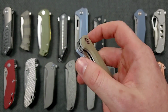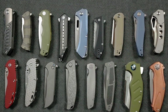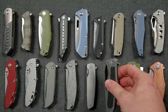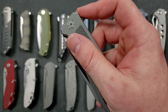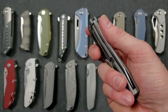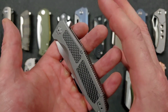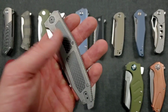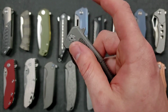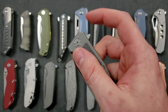There's generally two clicks. And it's the sound and the force that you're creating, I think, that draws me into them so much. Now, if the flipper tab is exactly right, or at least exactly right for your finger, right? Every knife is, there's no such thing as a perfectly shaped flipper knife, because it depends on, number one, what you consider light, medium, or strong detent is going to be different for every single person. How your hands and your index finger lay organically on the flipper tab is going to be a little bit